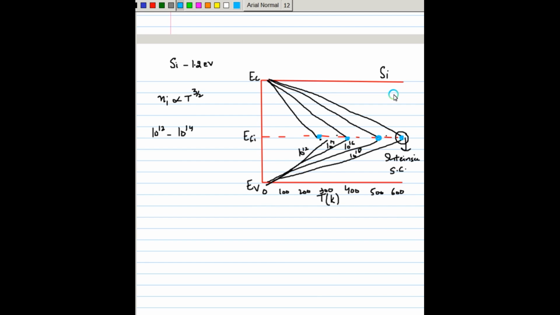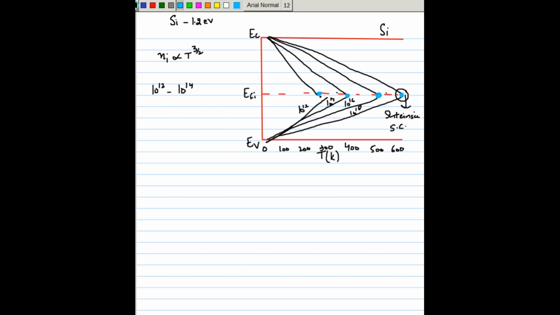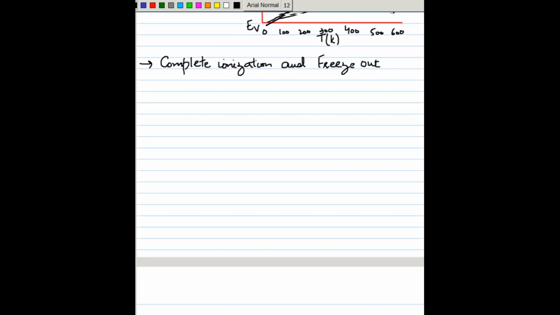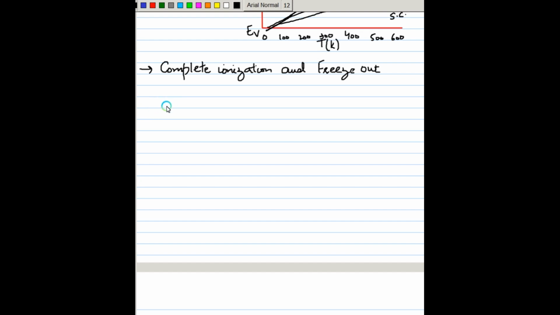Now let us move back to some analysis of the extrinsic semiconductor. So what we'll introduce here is the concept of complete ionization and freeze out. Before we discuss these two topics in detail, let's just again recall the